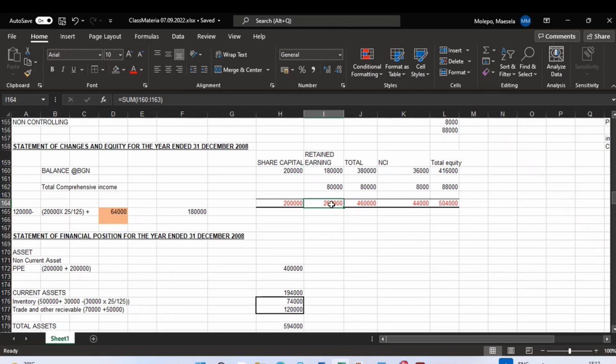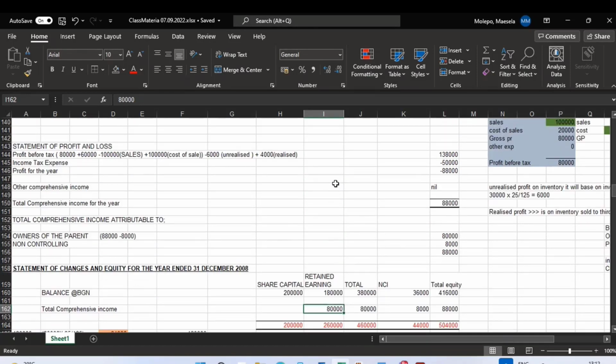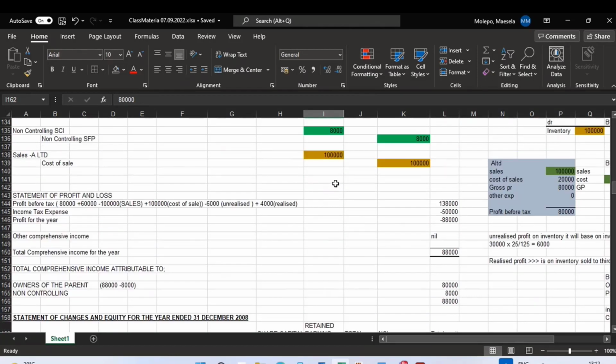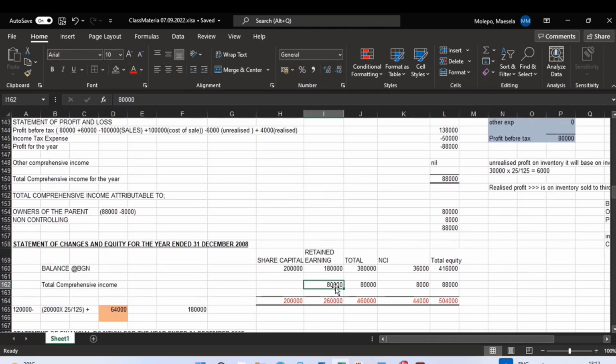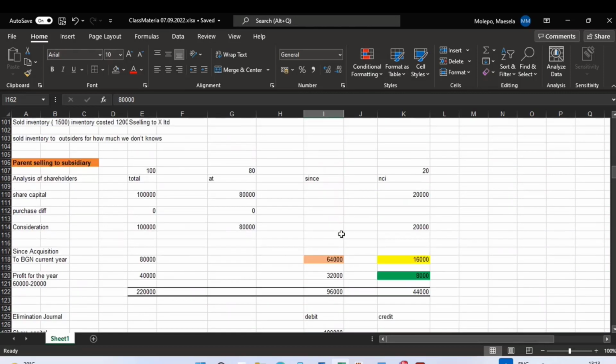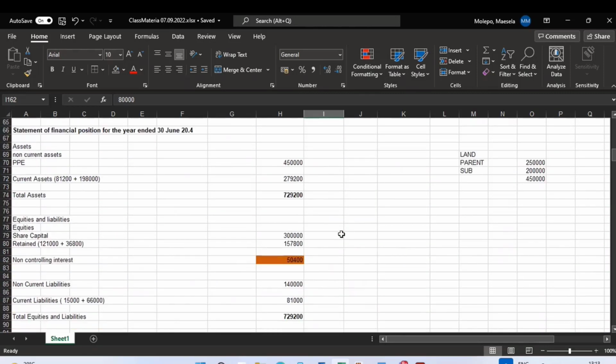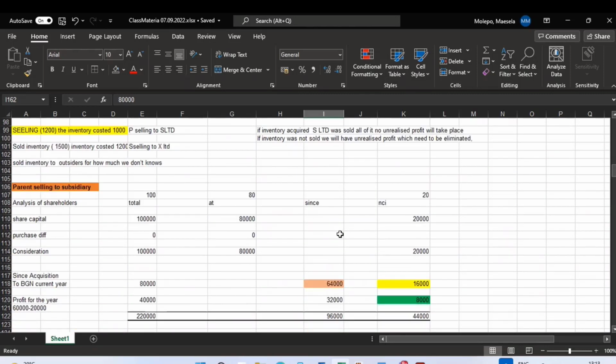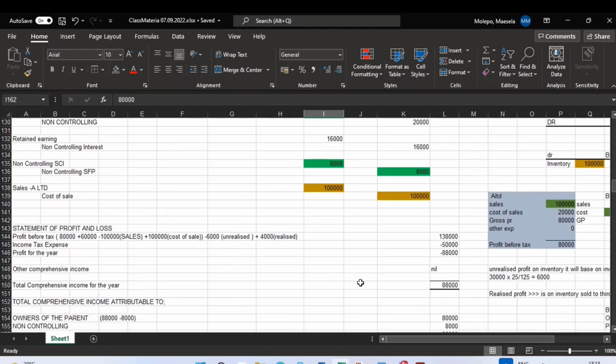Filani, you refer to this one. Yes, that one. Okay, but this 80,000 comes from the retained earnings. This 80,000 is the total comprehensive income, which comes from the profit realized during the year from our income statement. Where is that income statement now? You see, the profit for the year,